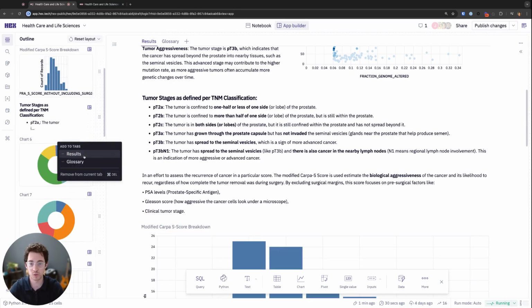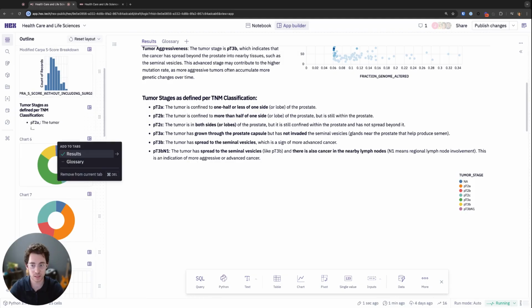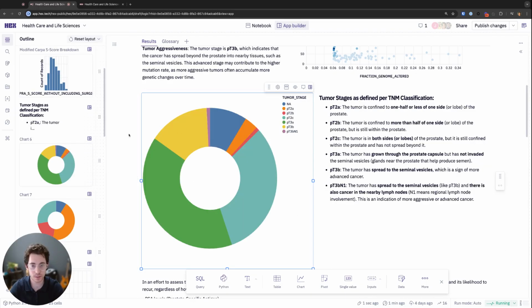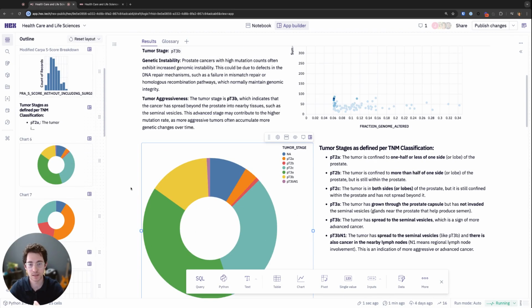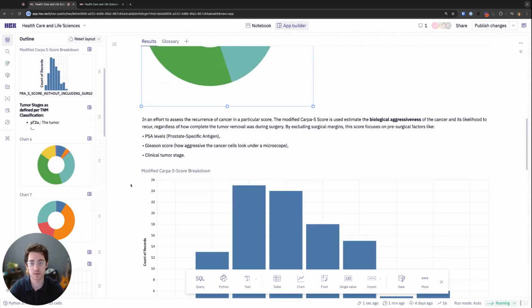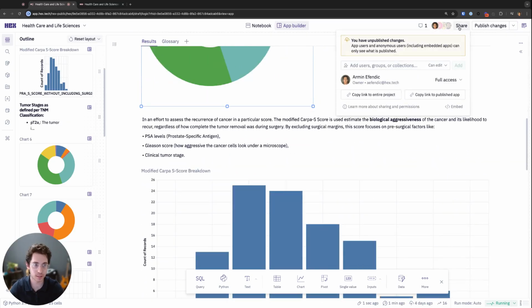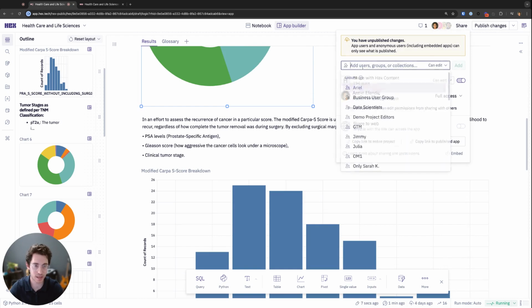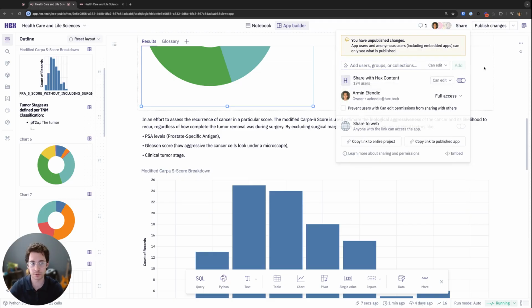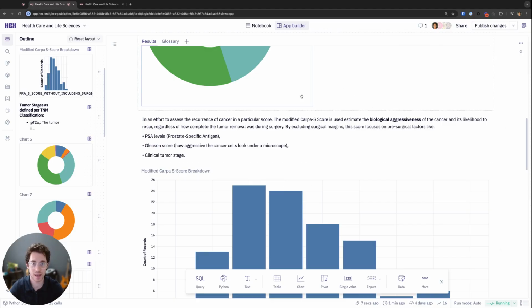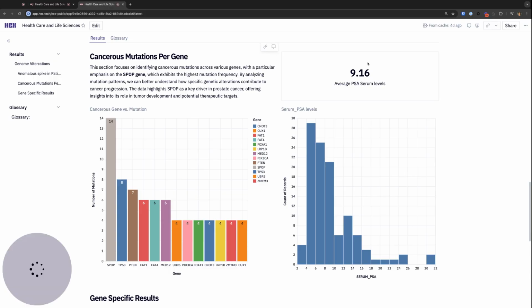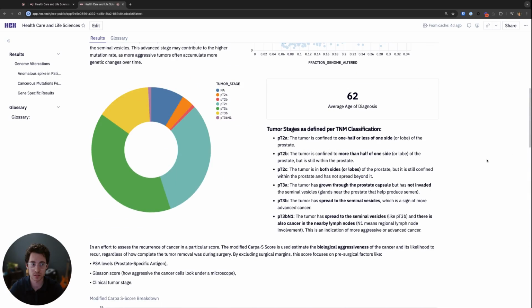Say I wanted to remove this pie chart, it's just a click away. I can drag and drop it. I can really start creating some interactive data apps that we can share very, very quickly to various business units. Go ahead and add these users very simply. Maybe it's a data scientist group, a go-to-market group, actual scientists out in the field, or individual users. Once I'm happy with my app builder, I can publish those changes. Ultimately, this will land me in this final clean data app,